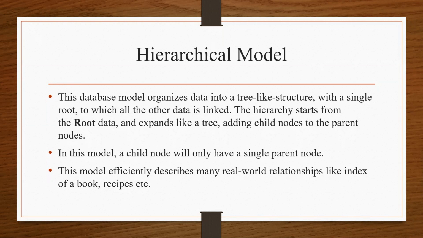But what does it mean that the child has a single parent? Yes, the parent can have multiple children. Unit 1 has different chapters, chapter 1, chapter 2, chapter 3, and again chapter 1 is the parent node for the topics. So that is a hierarchical model. Now clear, what is the hierarchical model? Clear? Yes or no? Yes.